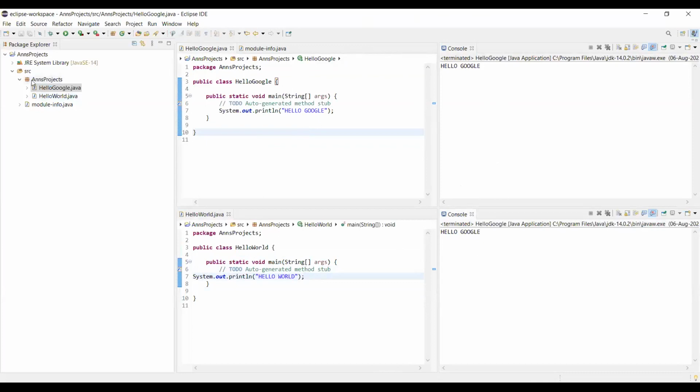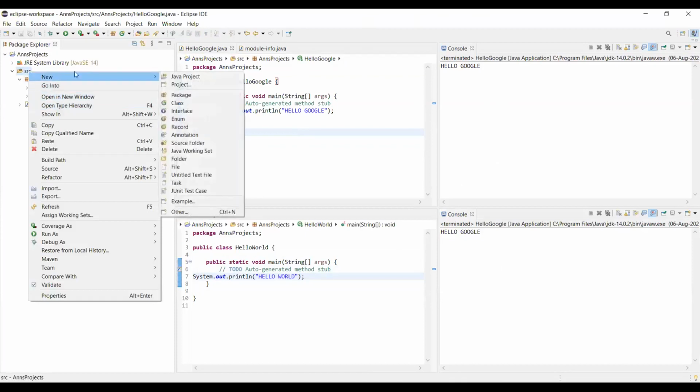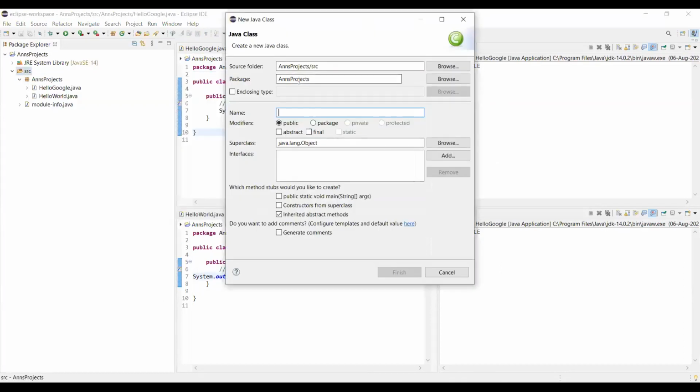Now imagine you want to create a new project. What you can do is, in source, new class. Instead of ANS project, let's say you're doing serialization, and then you're doing your employee.